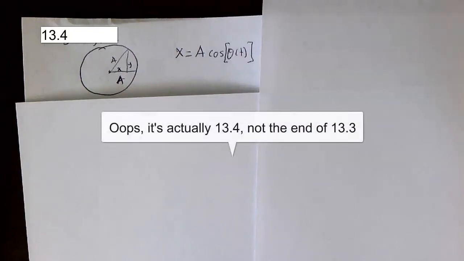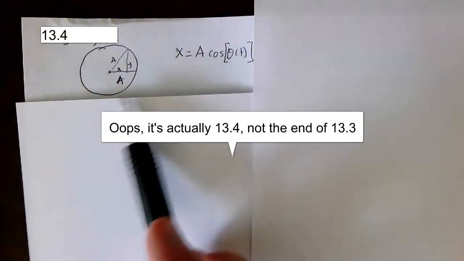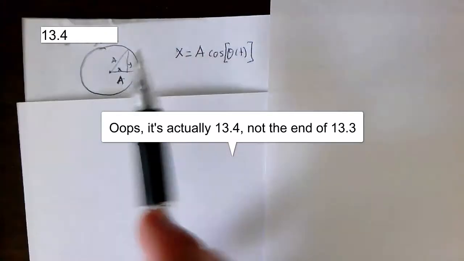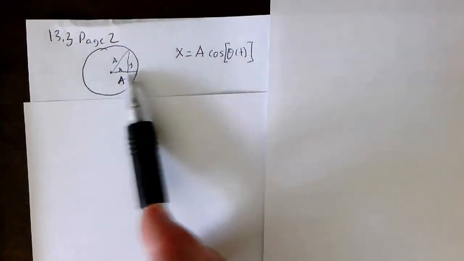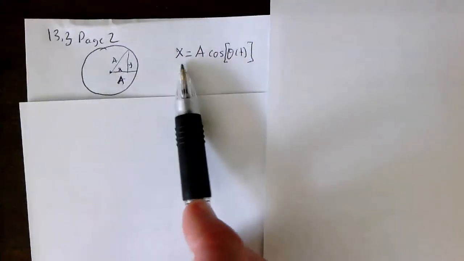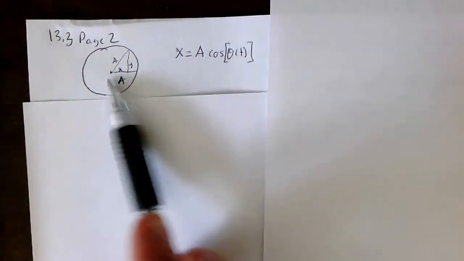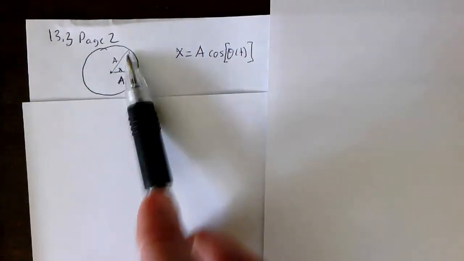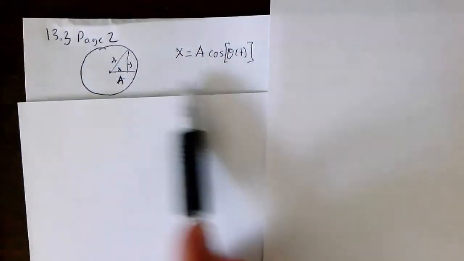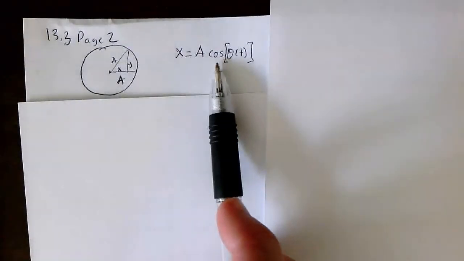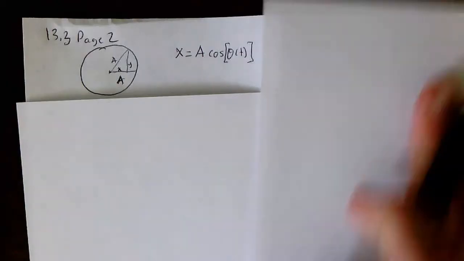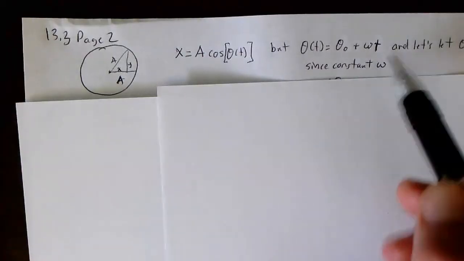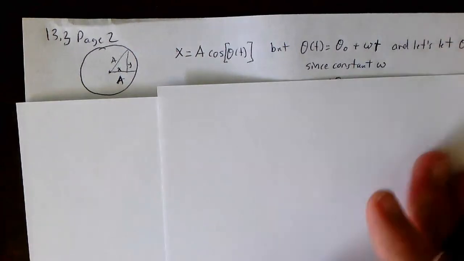There's another thing that 13.3 does. So here's a little bit more on that. We have this object rotating around, but the x position, we were talking about the x position, is similar to simple harmonic motion. And we already got that the x was a, the hypotenuse, or the radius, sorry, of this disk, or at least of its motion, cosine theta t, and we said that theta t, since it's constant angular velocity, we would have